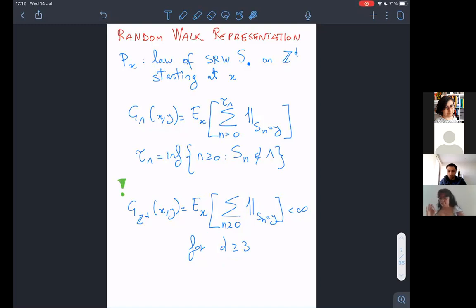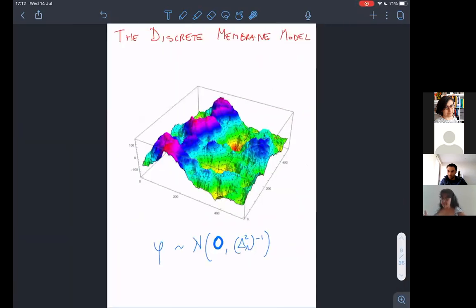So this is very, very little about the Gaussian free field. What I'm interested in now is to say, okay, can I study other types of interfaces? And the other interface I want to study is this one. It's called the discrete membrane or Laplacian model. And why is it called Laplacian? Well, you can see that if you look here at what I wrote under the simulation.